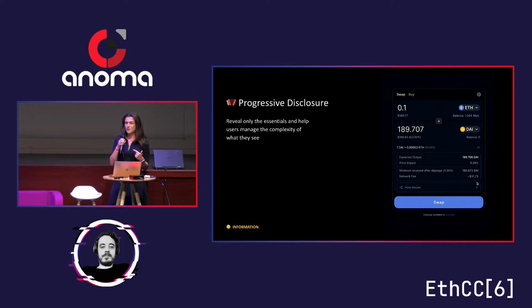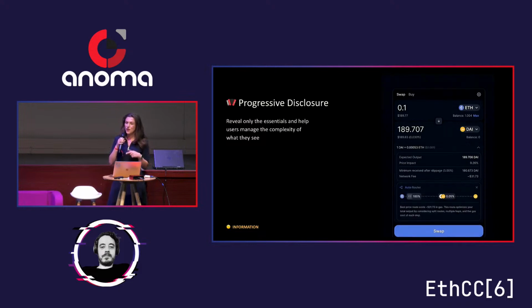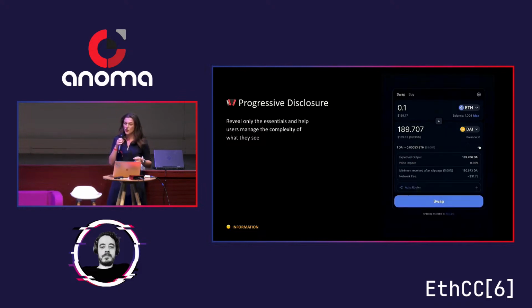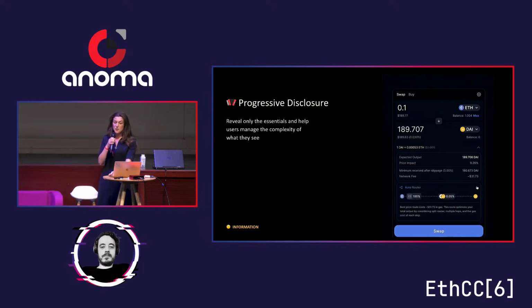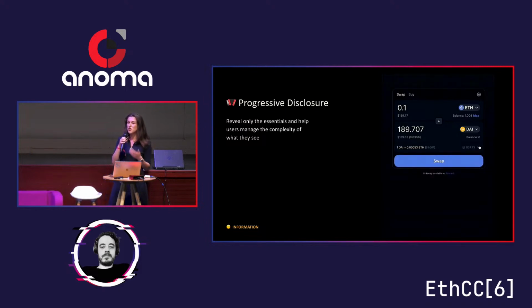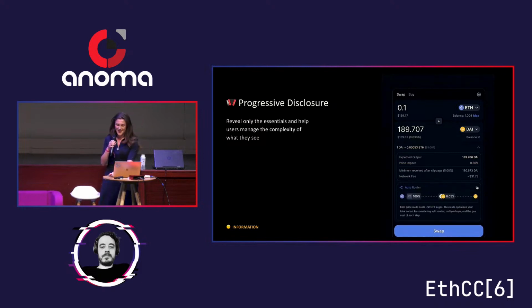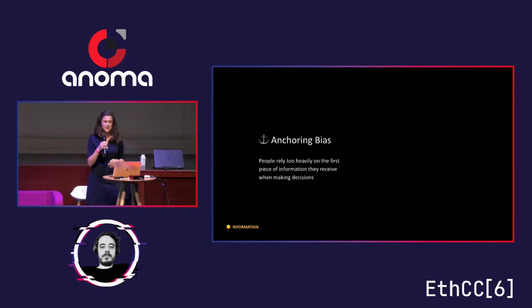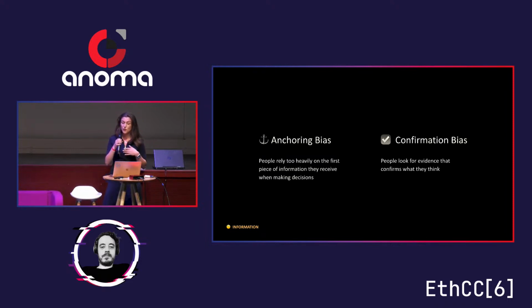In this case, it's important to know that designers need to choose very well what to disclose first and in what order. Why? Because people rely too heavily on the first piece of information they receive when they're making decisions. And that is called the anchoring bias. In DEXs, a platform can be designed in a way that discloses everything in a perfect sequence for the trading process. However, one thing that would give the users the motivation to look for more would be the confirmation bias, as people are more likely to believe information that confirms their existing beliefs or expectations.